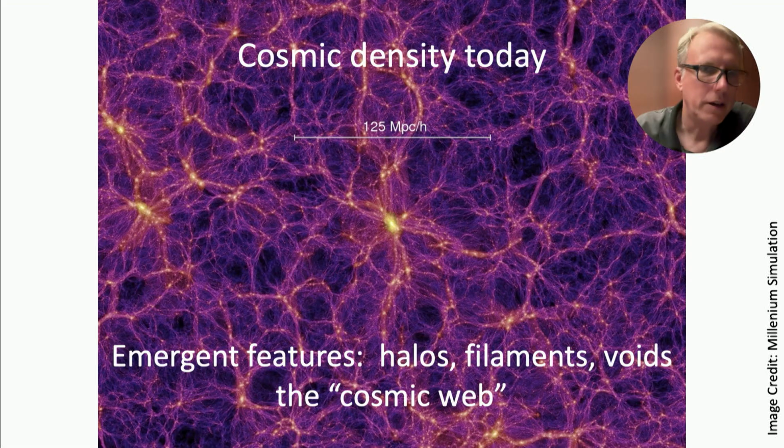As you can see, in the galaxy surveys, there are these filamentary structures that we understand now as emergent features from nonlinear interactions that occur on small scales. Here you see a simulation of that. A cosmic web emerges from this gravitational clustering with halos and filaments and voids. And